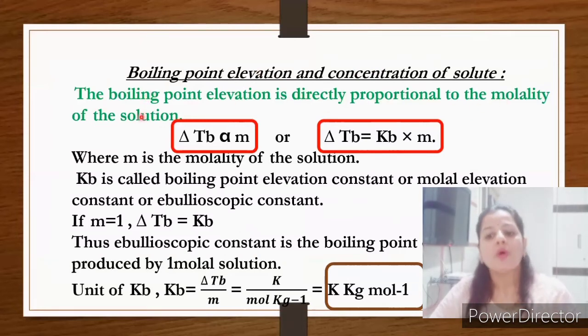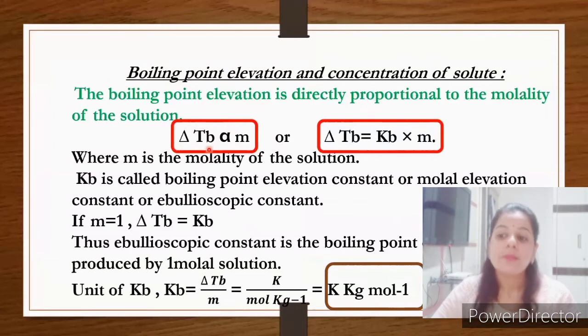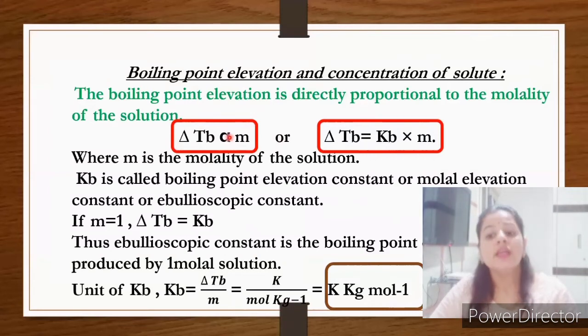So when we relate the boiling point elevation and concentration, it was found that the boiling point elevation is directly proportional to the molality of the solution. That is, boiling point elevation is given by delta TB, which is directly proportional to the molality, denoted by small m. Now if I want to remove this proportionality sign, I have to put some constant there. Let me name that constant Kb. So delta Tb equals Kb into m,